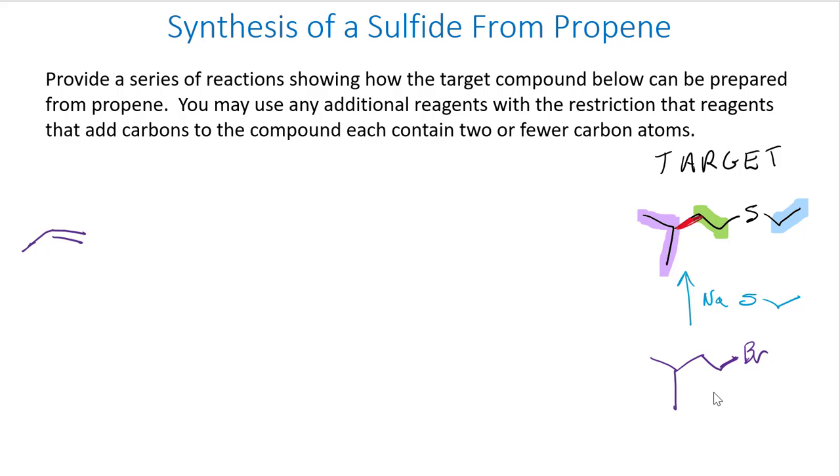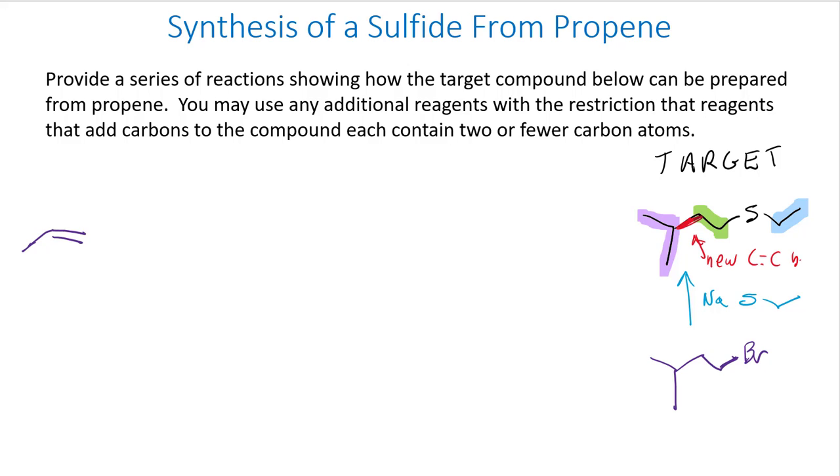That tells us now that we know at least we can get the sulfur connected with its ethyl group, but we need to assemble this other part of the molecule and make this new